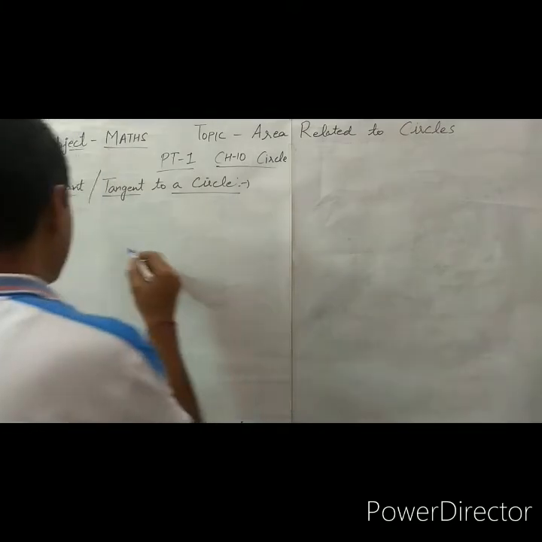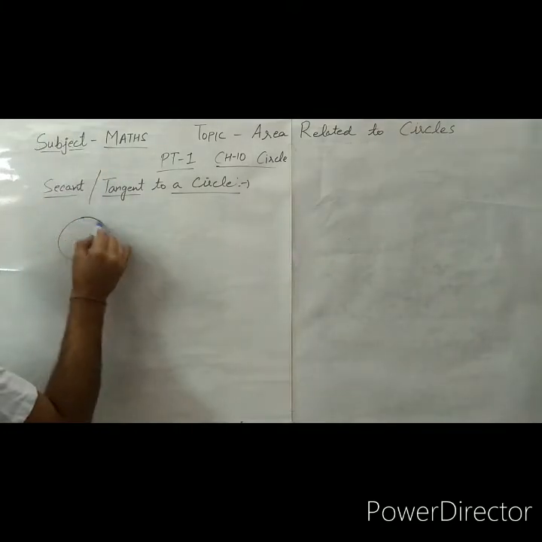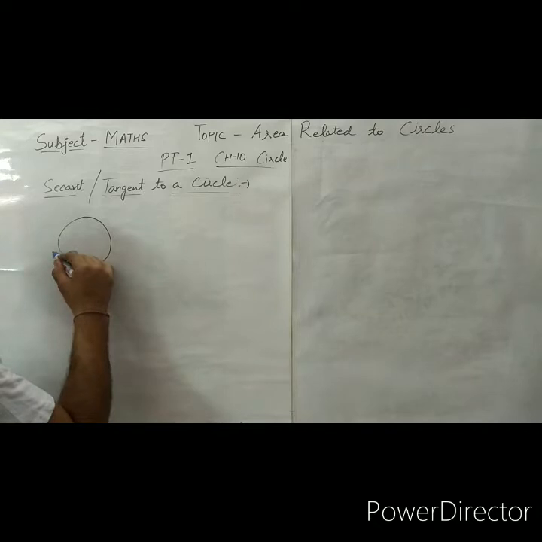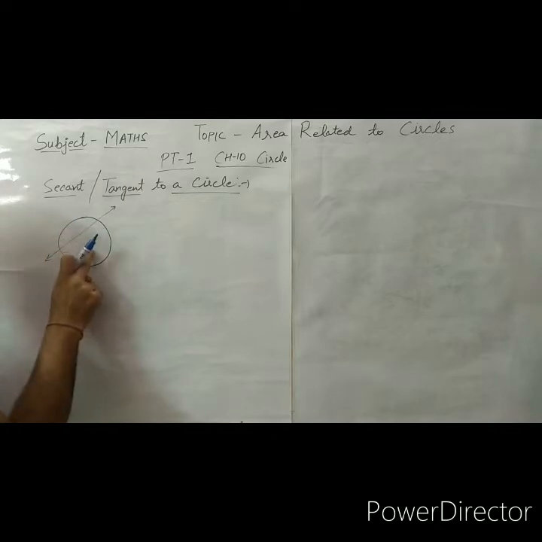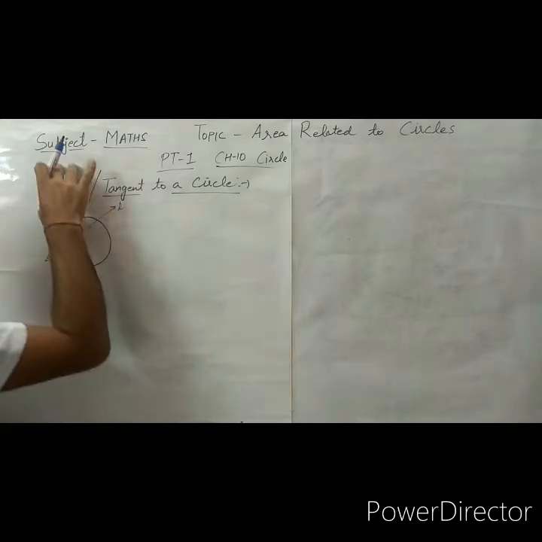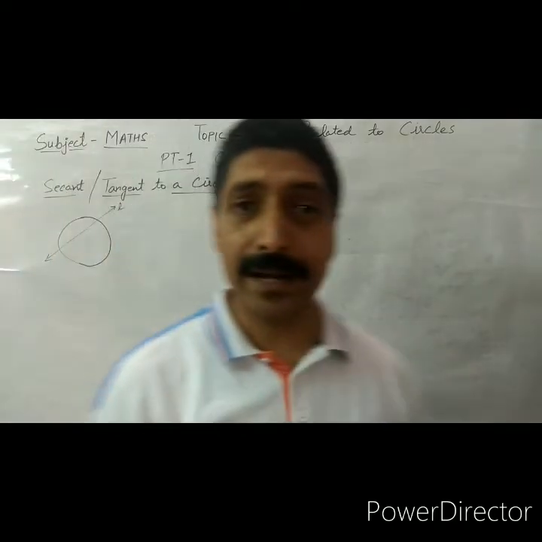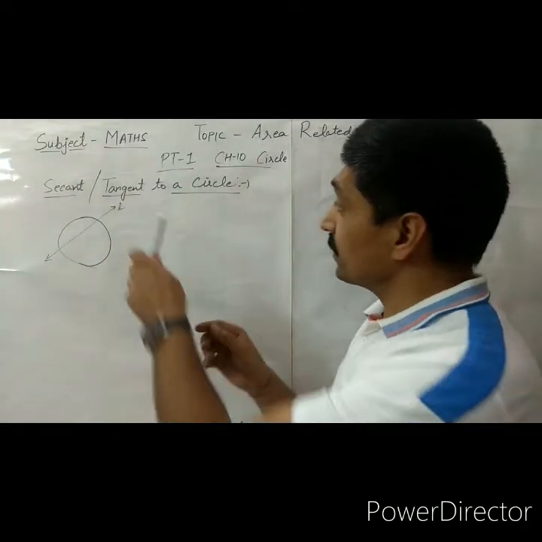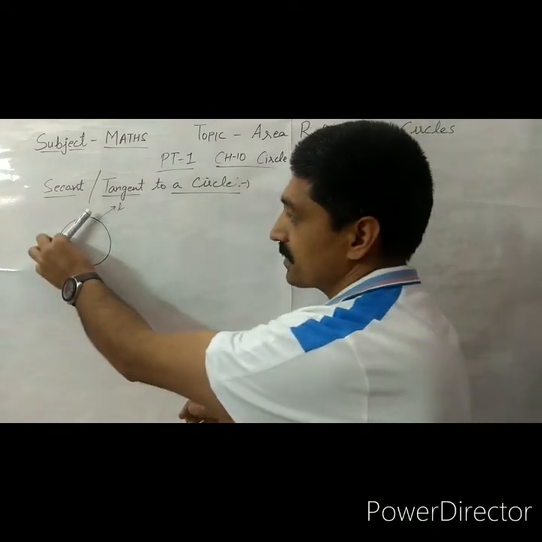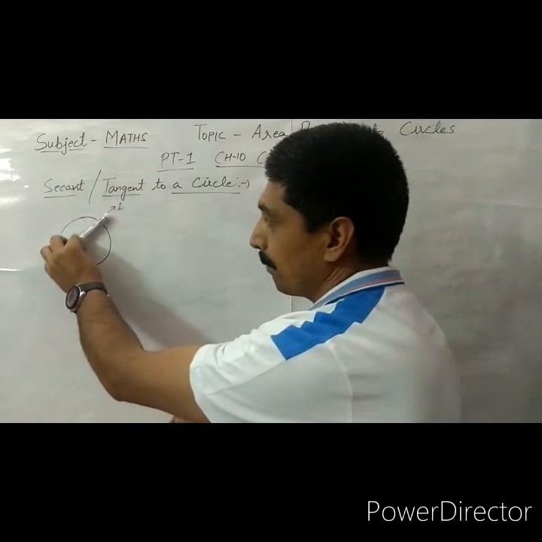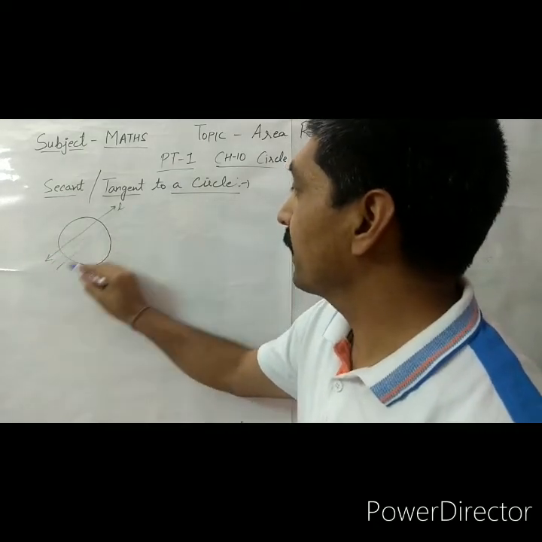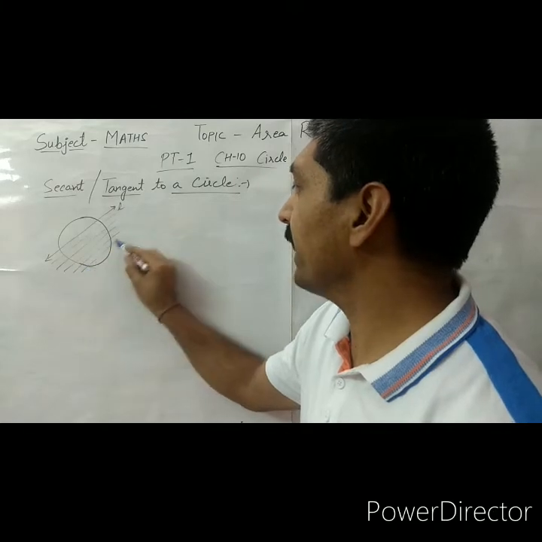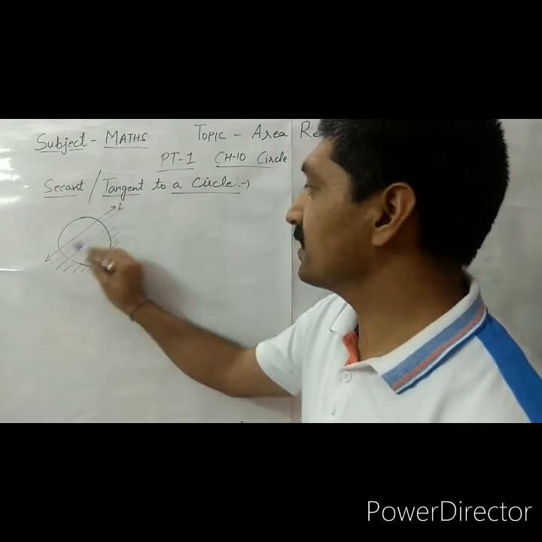If we have a circle here, and any line divides the circle in two parts, the minor segment and the major segment, this line L is called a secant to a circle. And the tangent is the special case of a secant. If we go on drawing parallel lines in this way, at one point these all lines